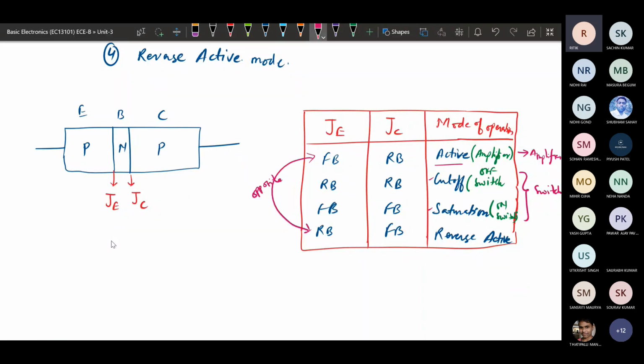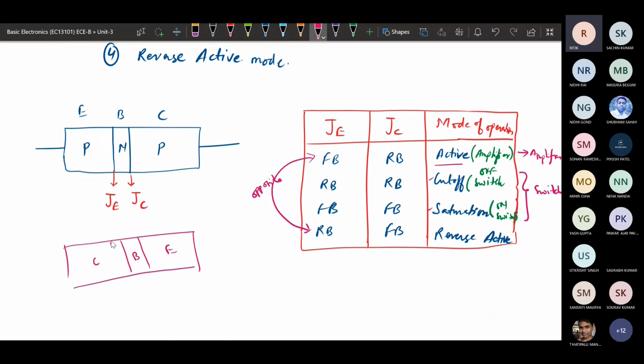In reverse active mode, it seems like we have just inverted the BJT. Here we have considered this as the collector, this as the base, and this as the emitter.